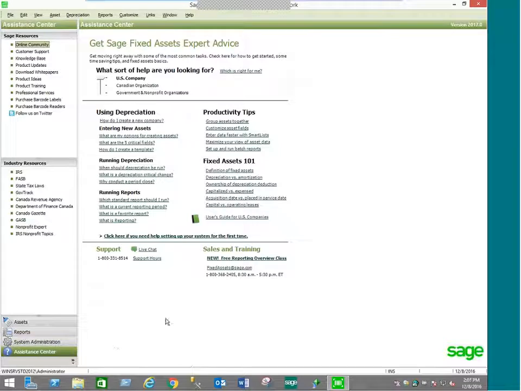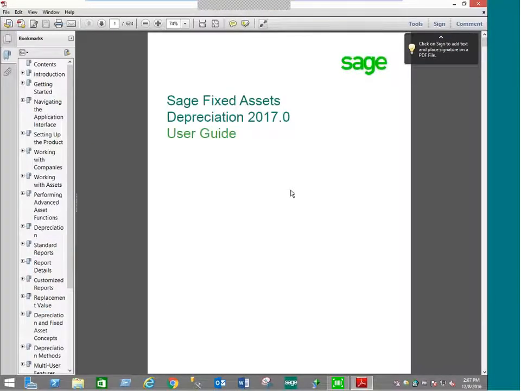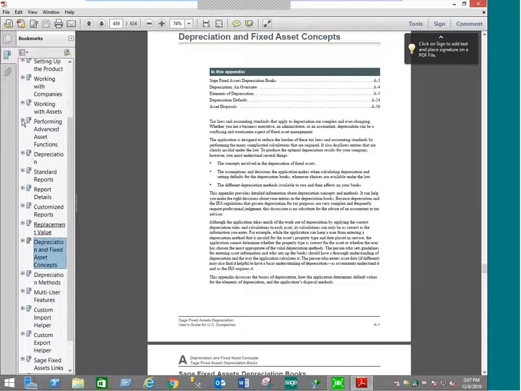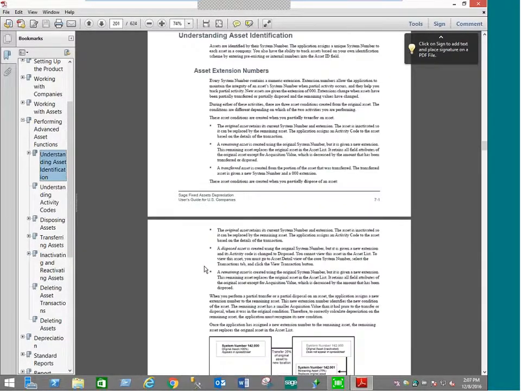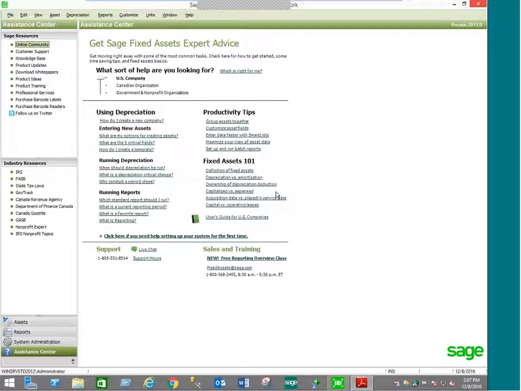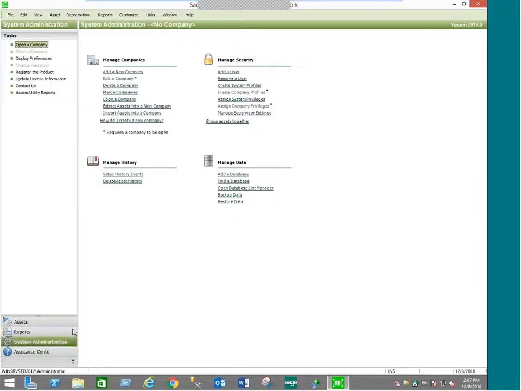The reason I want to take a moment and show you this Assistant Center is that, as you're learning how to use this solution, help is never far away. You can quickly go to a user's guide, for example, which is very detailed. It's going to show you a lot of detailed information on how to do things step by step. So it's really very intuitive. One of the best user's guides I've actually come across. And if you look across the top left portion, you can easily link to our customer support or our knowledge base. I'm not going to spend much time on this because I actually want to jump right into the